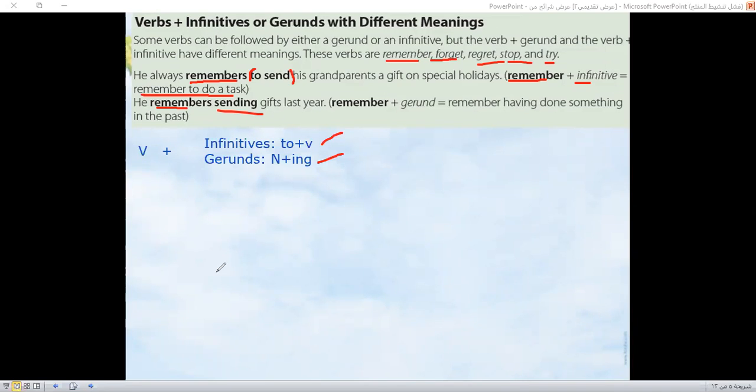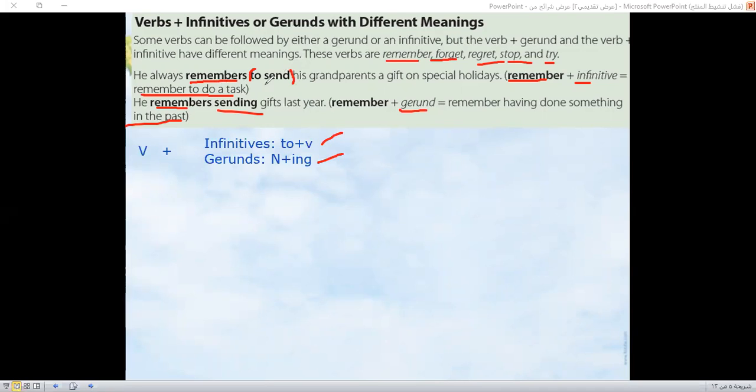Okay, now let's continue. So here we have, he remembers sending gifts last year. When I have remember and then the gerund, which is the word with the ing, it means he remembers having done something in the past. Clear? I'm going to say it again. When I say he remembered to send his grandparents a gift, or he remembered to do his homework,